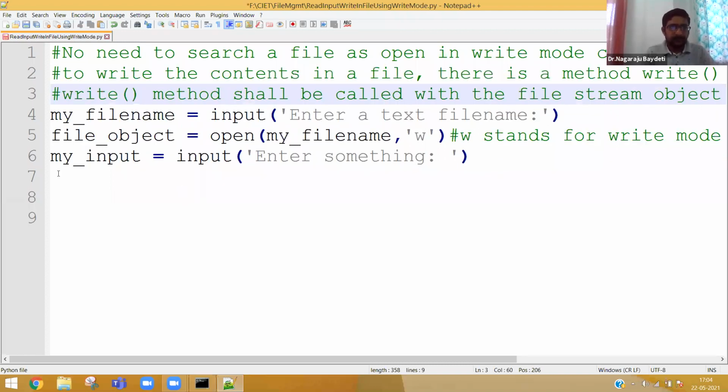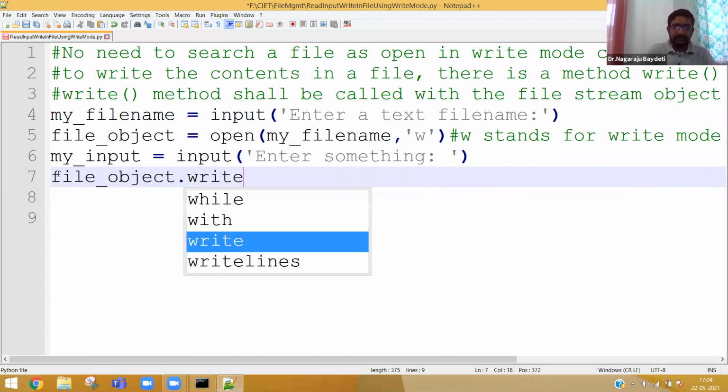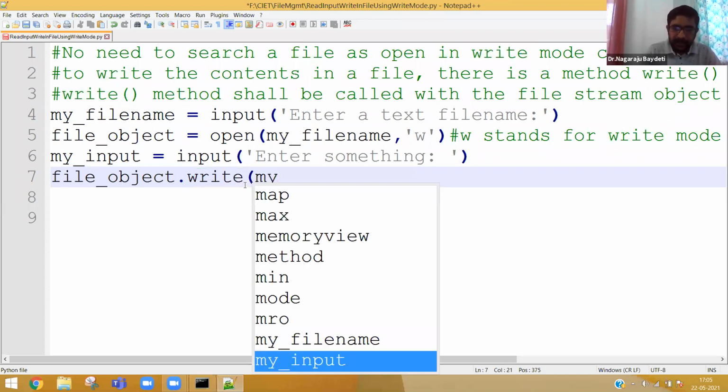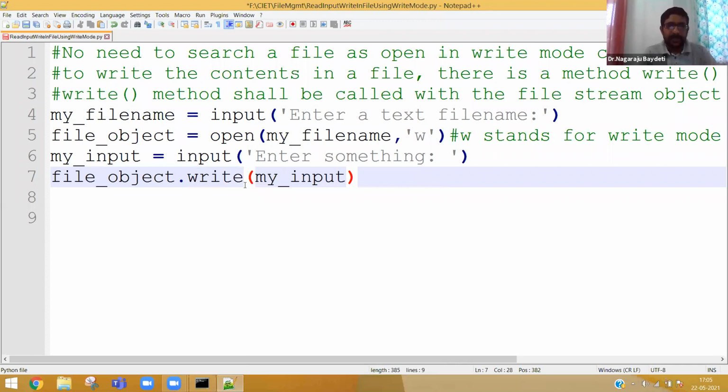Now file object dot write. See, W is also write, but it's a mode, it's a purpose. This is a method. Don't get confused with W write and the write method. W is only a mode. Write is a method to write in the file. It's a process of writing. What you need to write? My underscore input. Whatever my underscore input is, it needs to be written.